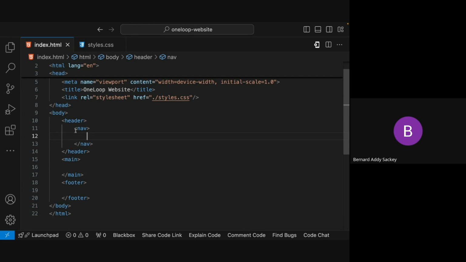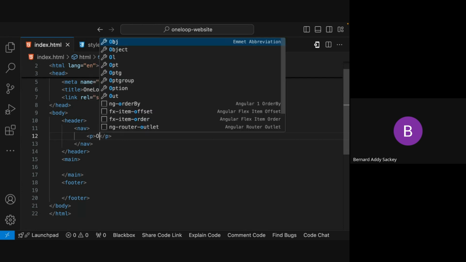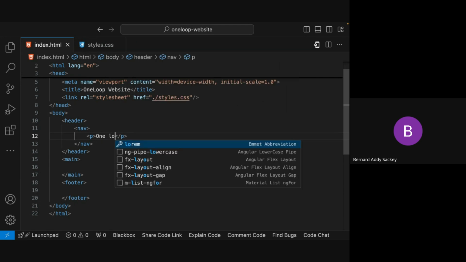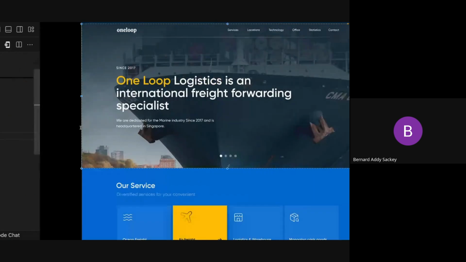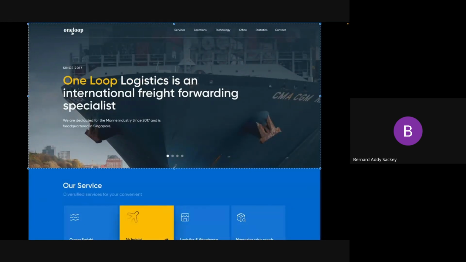So I can create a P tag that will hold the one loop like this, and I'll create the elements that will hold the navigation items. However, if you observe with me rightly, the one loop is on its own, and the navigation items are grouped together on their own, right? So in order to achieve this kind of structure,